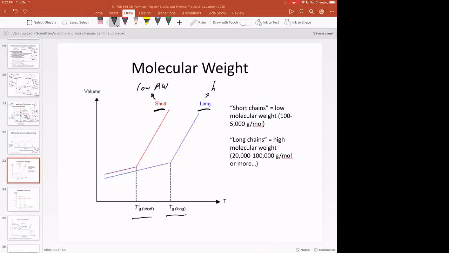Long chains are high molecular weight. There are some dynamic properties you have to be concerned with. So the apparent TG will change depending